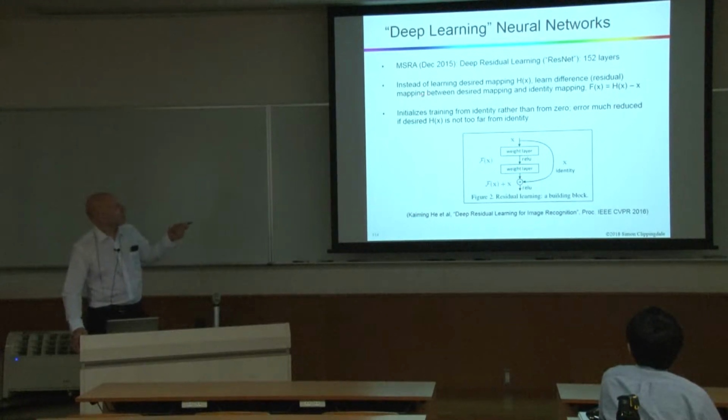So instead of learning this h of x, learn the difference, or so-called residual mapping, between the desired mapping and this identity mapping. The reason for that is that